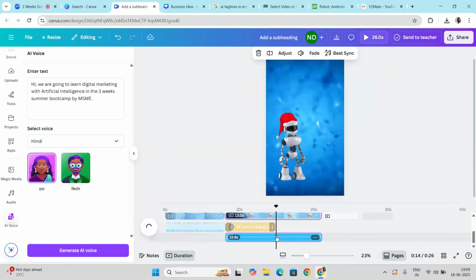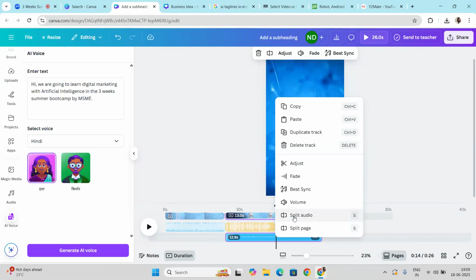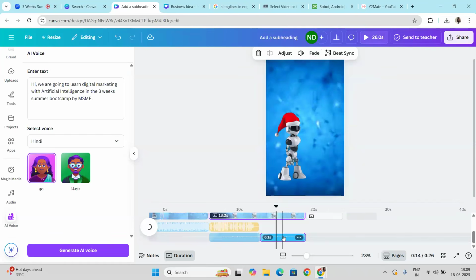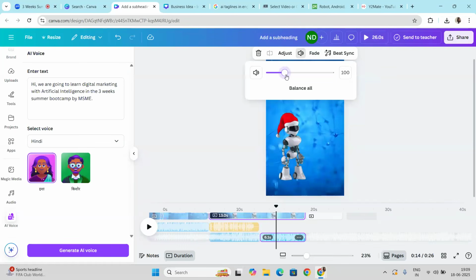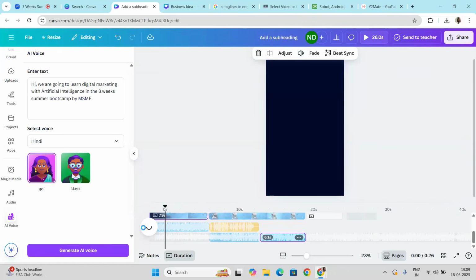And at the ending of the AI voiceover, here, again I want to split this audio. Now again it's been split, because I want to add the same audio that we have taken on page 2, because I want the volume at the lowest only for this part. I've just taken the same. Now I need to listen. You can't hear, but I.